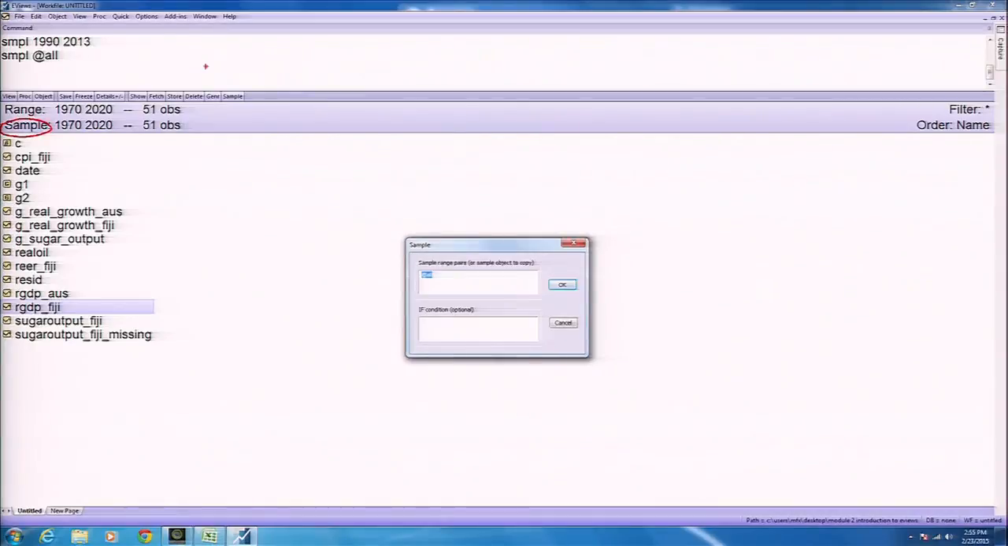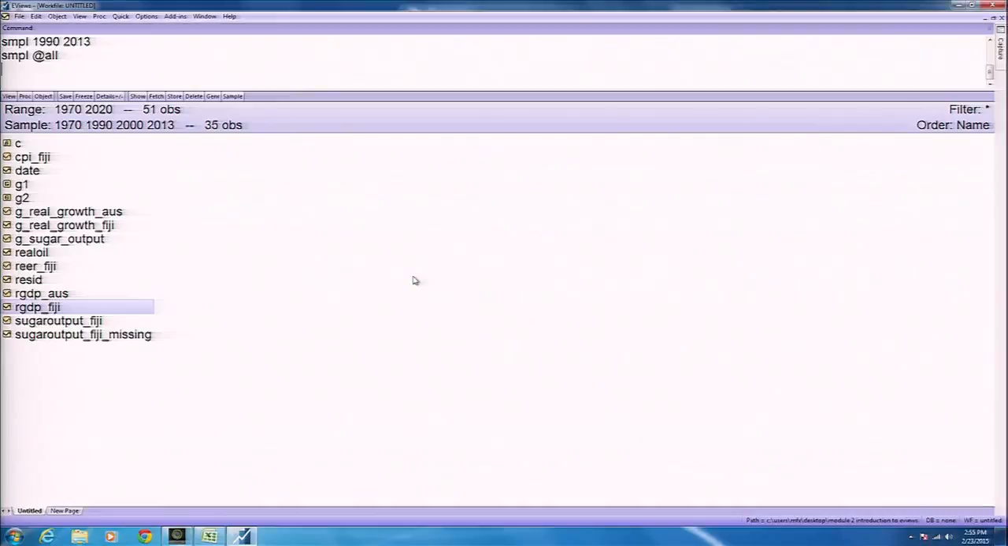I can actually now put here, let me just get rid of, literally I can write in here what I want the sample to be, and it could be 1970 to 1990. And we can actually even allow for pairs to remove observations in the middle of the sample that we don't care about. And so that we can press enter, and now we actually have a disjoint sample over which, if we view